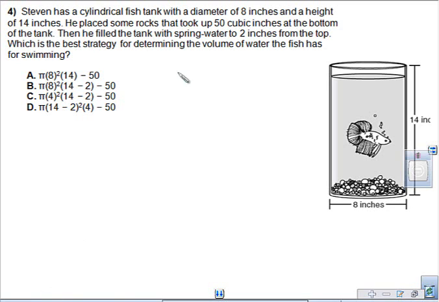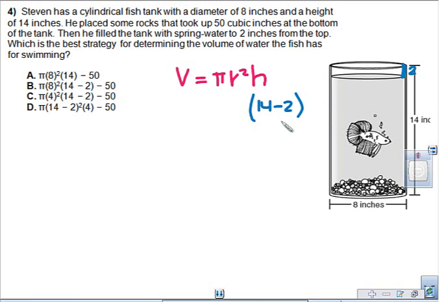I'm going to go ahead and write the formula again. Pi r squared h. Now, there's a few things. We are not going all the way to the top. We're talking about the water, and he filled the water 2 inches from the top. So this is 2 inches. So that means we're not going to use this 14. We're going to take away 2. So obviously for height here,